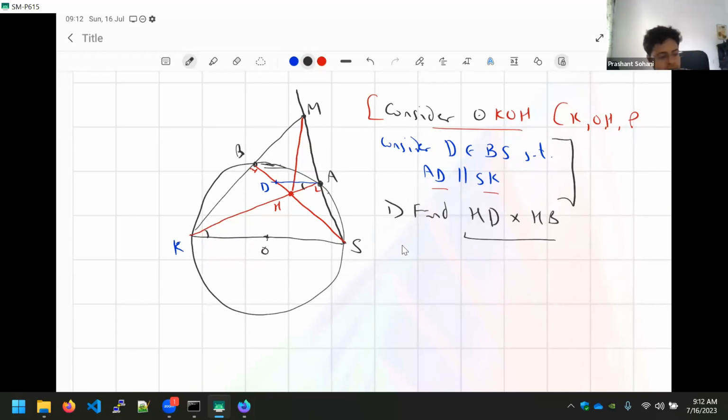Yes, Om, you have found the answer? Yes, sir. Sir, AH square. AH square, yes, correct. And there could be at least two different approaches which I know to prove that. So can you just quickly indicate whether you use some angles or any? No, sir. Means first of all, KSAB is cyclic. So BH into BS is equal to. Yeah. Okay. Got it. Got it. Yeah. Don't tell the whole answer, but yeah, I got the general direction. Okay, okay. And then parallel line and similar triangles. Yes,